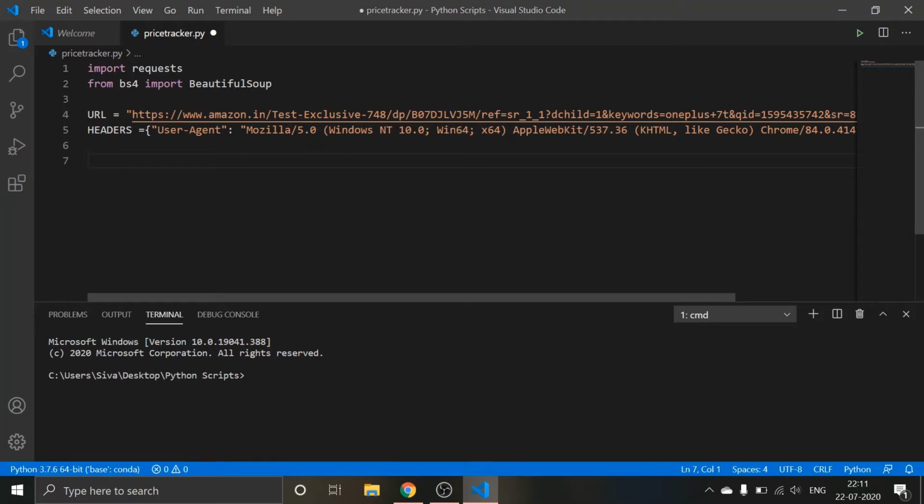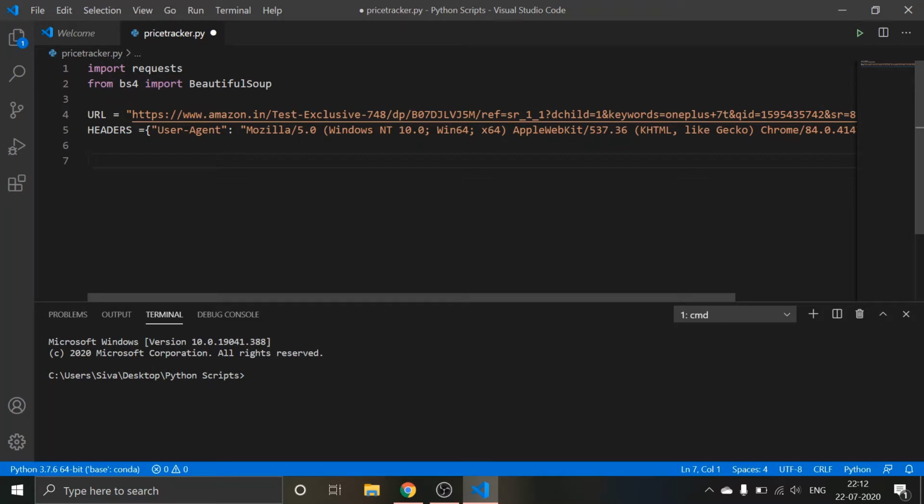The second step will be I will compare it with my price, whether it is below that particular price or still the upper price, still the same price. And the third part will be, if the price is lower than the present value, then I will receive an email.